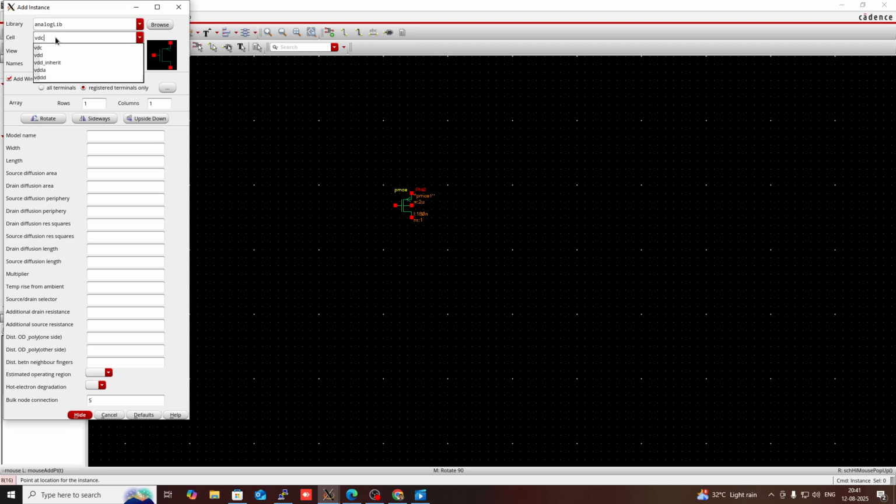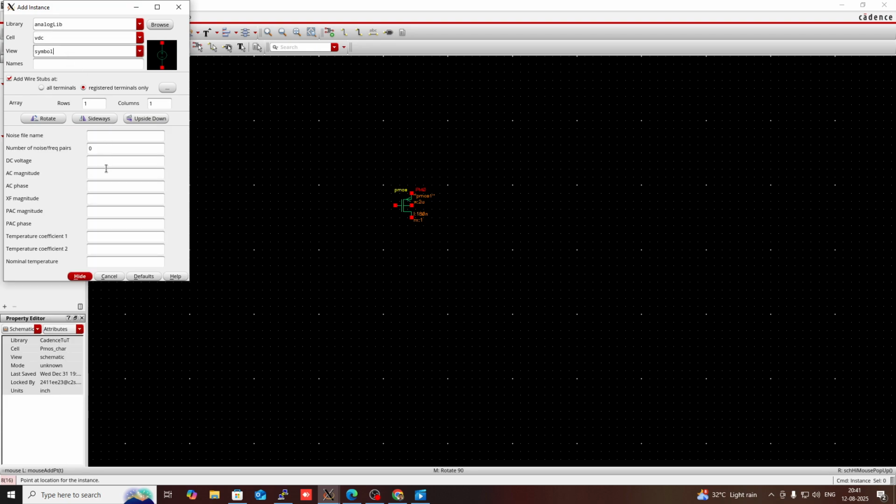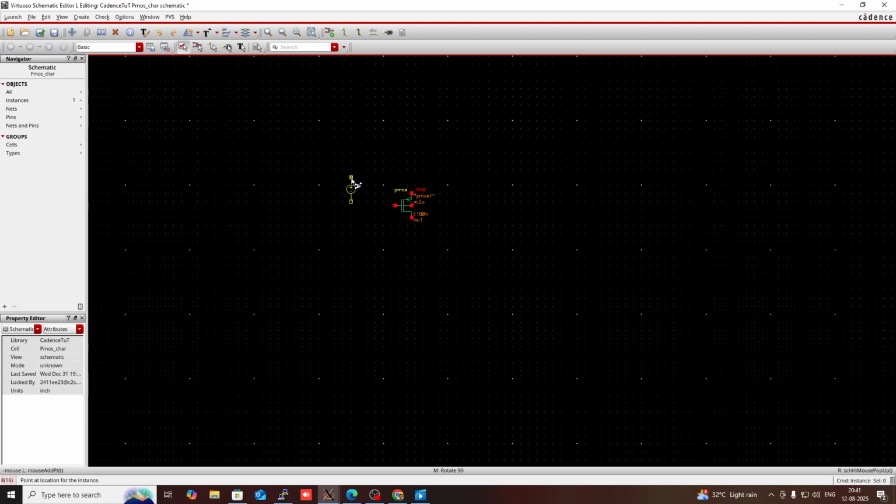So select VDC, and this is the DC voltage source. So I am giving the DC voltage 1.8 volt here, and then hide this. So this is the gate